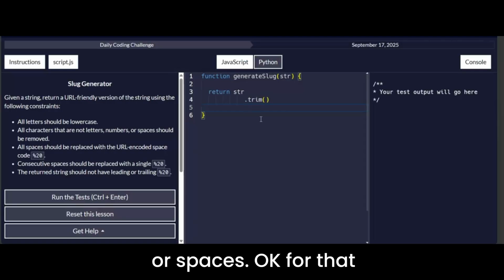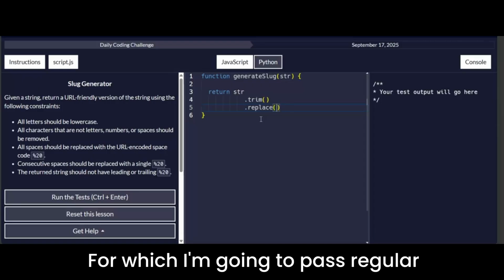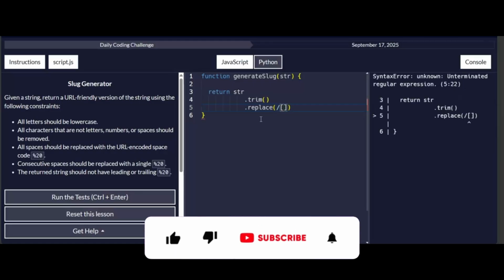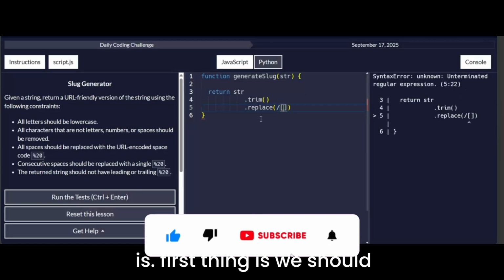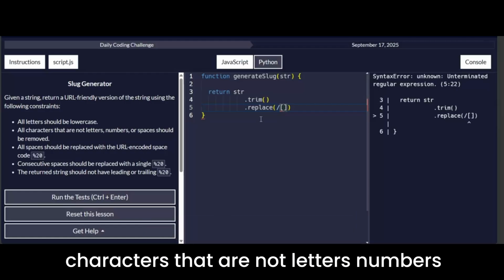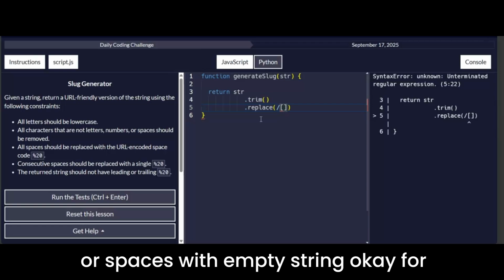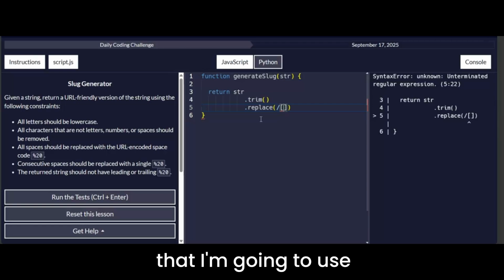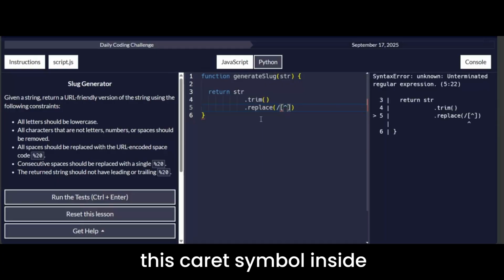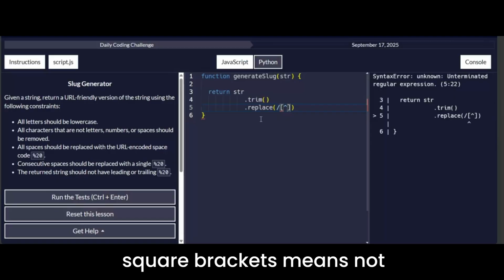Let me use replace, for which I'm going to pass a regular expression. The regular expression is, first thing is we should replace all characters that are not letters, numbers or spaces with an empty string. For that I'm going to use the caret symbol, that is this caret symbol inside square brackets